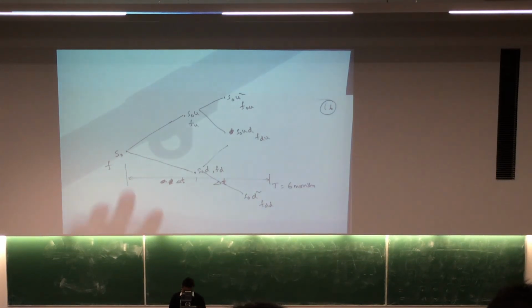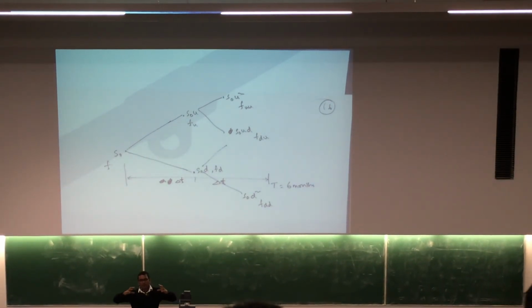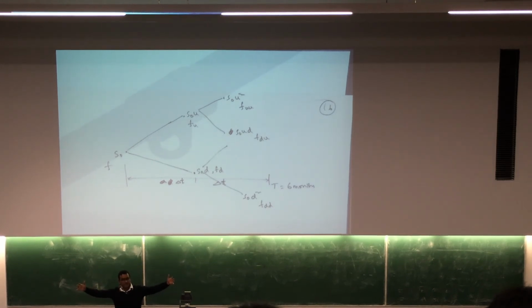So I hope you understand the difference between the previous situation and this one. I am just making the model more realistic. How many times would the stock price actually change? That would change thousands of times. So that means you have to create a binomial tree of length, let us say, 1,000. In this case, I am just considering a binomial tree of depth 2.